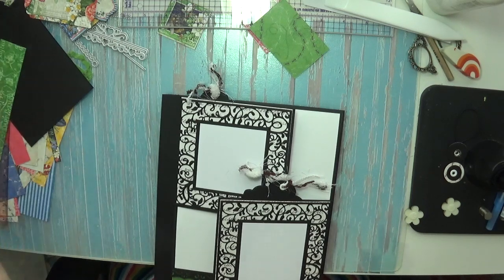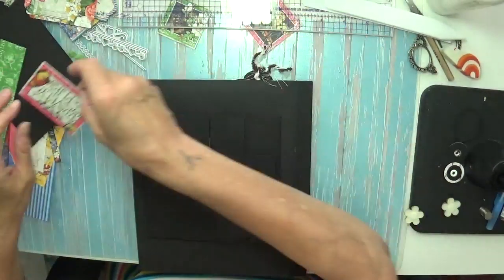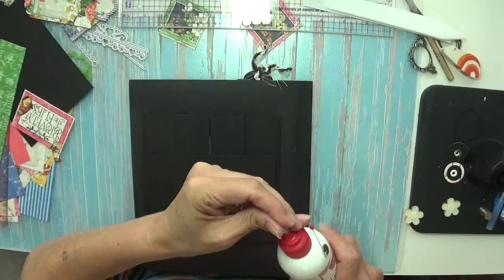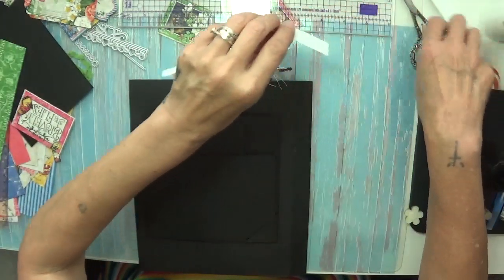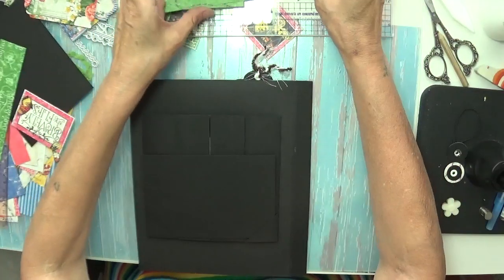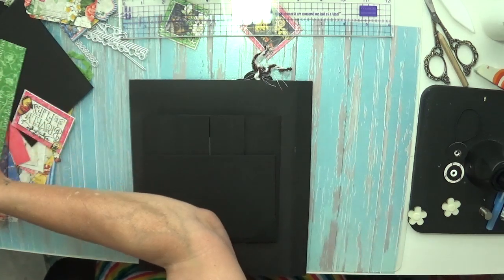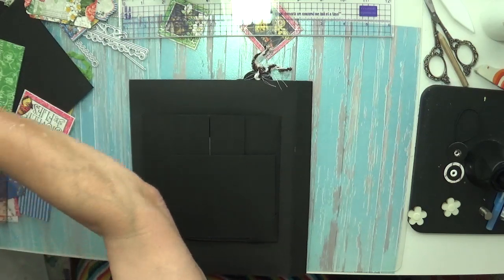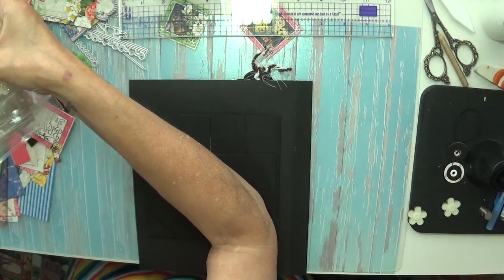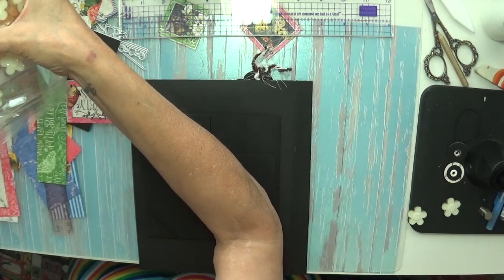I think we're up to our last page to be decorated. Yes, we are. Clear the gunk off that. And you know, I've put that little ruler down somewhere and I can't find it now. Oh, I'm losing the plot,